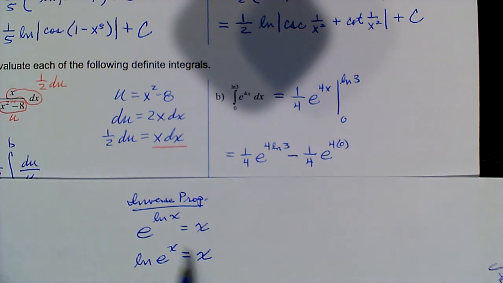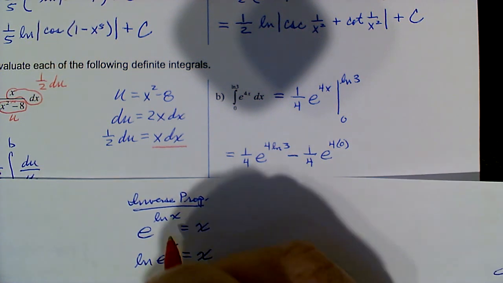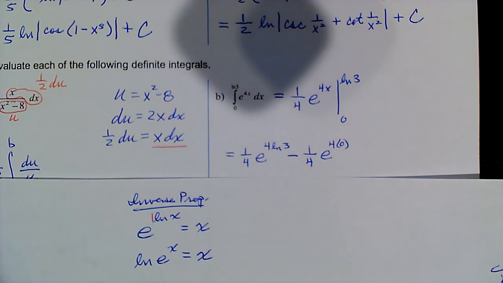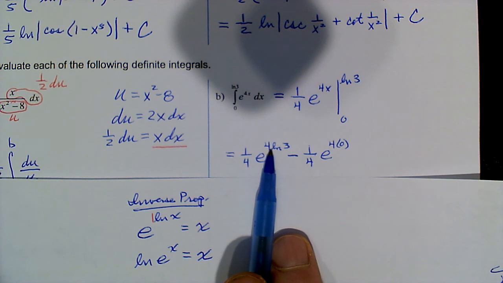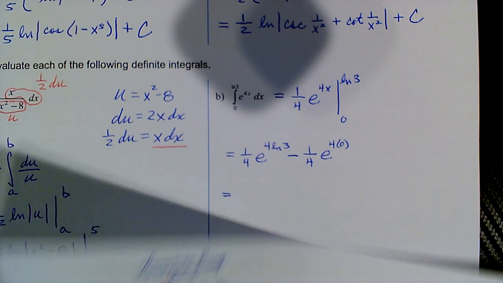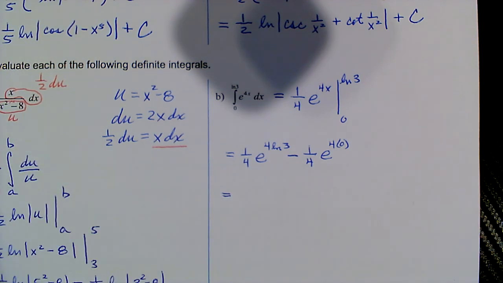But notice how in the inverse property, the power on the base of e, that is the logarithm, has to identically have a coefficient of 1. In our case, we have a coefficient of 4. So what we'll do is just simply use the power property for logarithms in reverse, this is the algebraic power property,